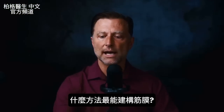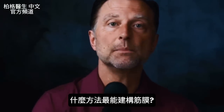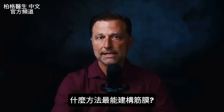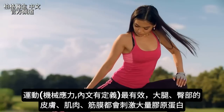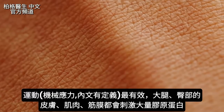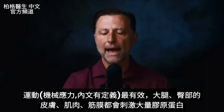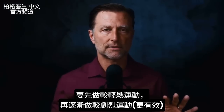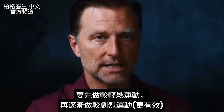The big question is, out of all the things that you can do, what is the most potent way to stimulate the formation and growth of that connective tissue? It's highly responsive to mechanical stress. If you mechanically stress your skin, your muscle, your ligament, in your legs and your buttocks, you will create a massive stimulation of new collagen. You don't want to just jump into this overnight. You want to gradually ease into it, because what I'm going to show you is pretty intense,